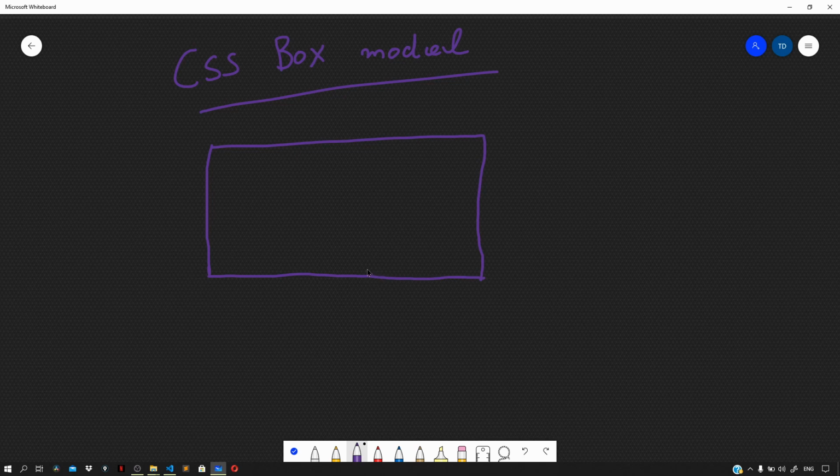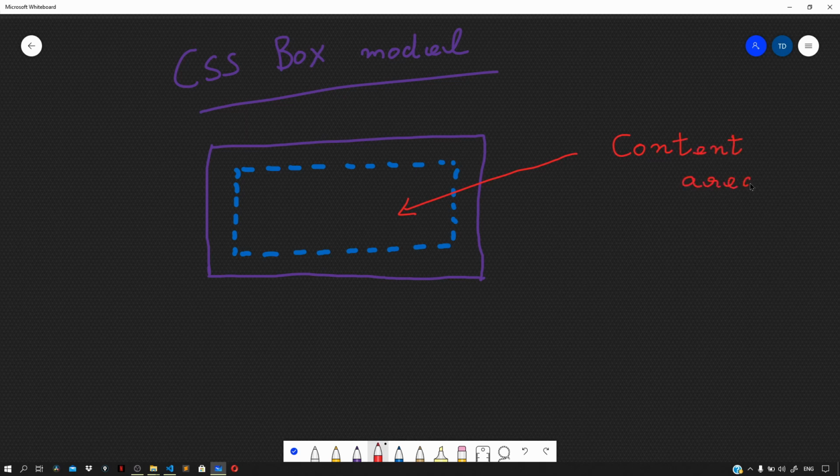And inside this box, we have the content area. So this is our content area. The content area is basically where our content gets rendered for the element. So for example, if we have any element, whatever content we have inside that element will get displayed in this